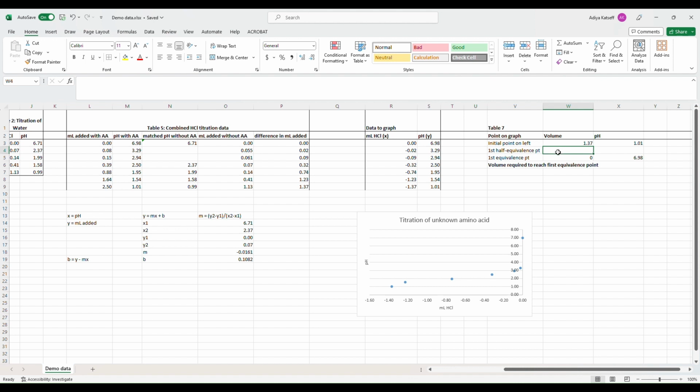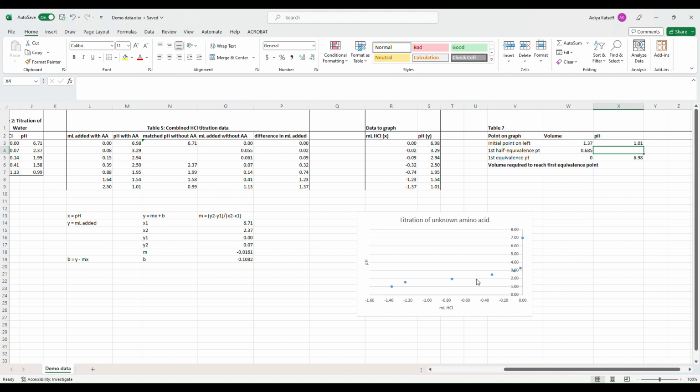Since one of our values is 0, you can simply divide the other value in half. But just for completeness, in case one of your values isn't 0, the way you can calculate an average is to add together your two values on either side, and then divide by 2. So our volume here is 0.685, and if we want to figure out the equivalent pH for our half equivalence point,